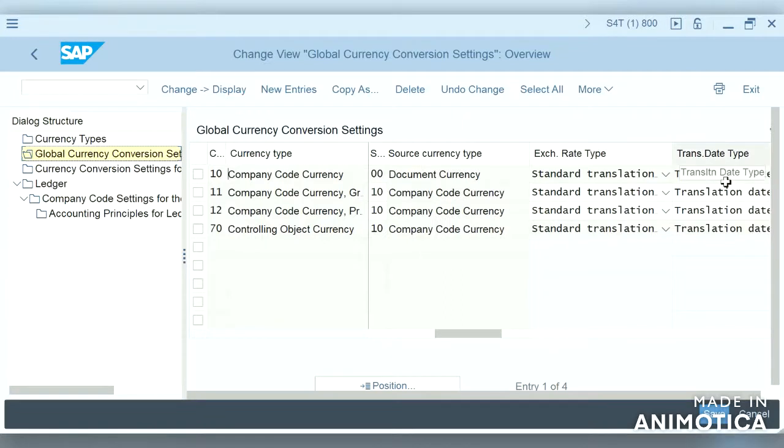and translation date type is translation date.